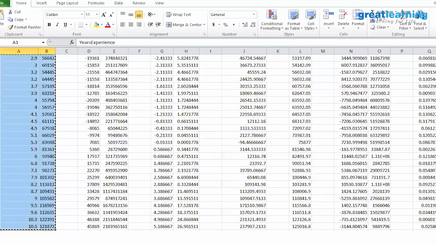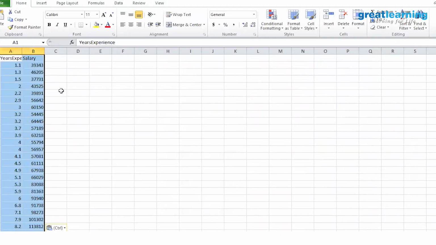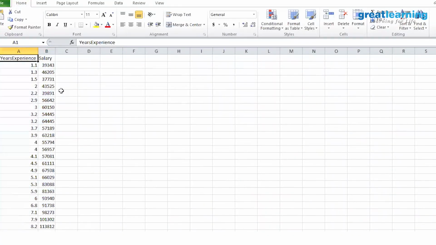I'll put it in the new Excel sheet. So years of experience and salary. As the years of experience increases, the salary will also increase. Is that true or not? So this is a linear relationship. As the years of experience increases, the salary of the person also increases. Now I want to predict for a new person,